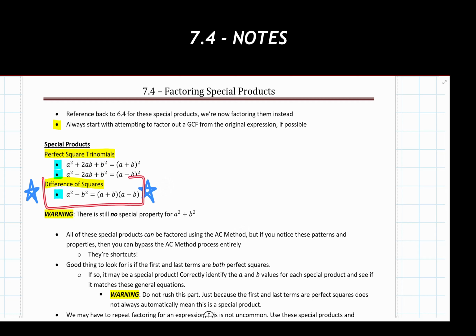This one shows up quite a bit, and I think it has just that unique look to it at the very beginning here. So I'd say have that one memorized or prioritize memorizing that one over the other two if possible. The other two are certainly useful, but again, I don't think it's as easy to catch them. So we'll jump over and we'll take a look at a few examples of these and see how we go through and work with them.